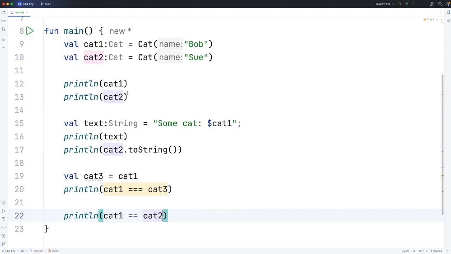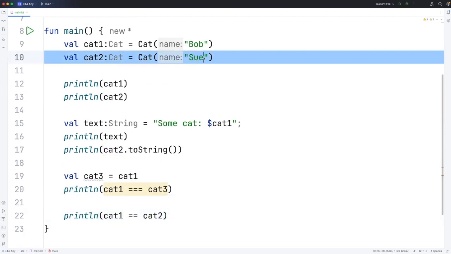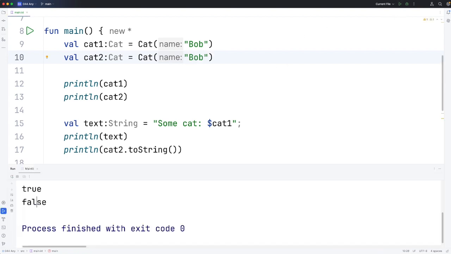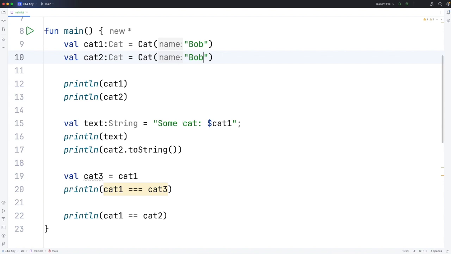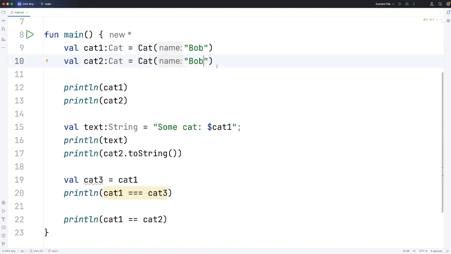But suppose cat2 has the same name as cat1. Let's make them both Bob, and let's run that. In this case we're still getting false, but you could well consider these two cats to be the same cat, or at least if not the same cat, then they are equal to each other. They've got the same name, cat has no other properties, so ideally we will probably want equals equals to return